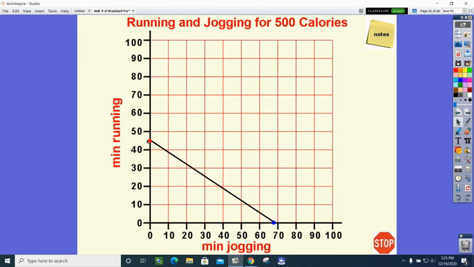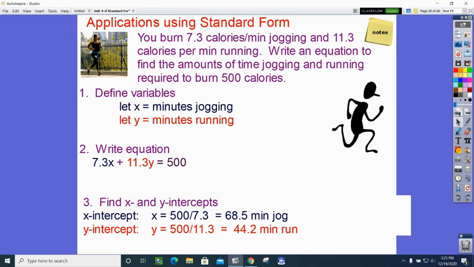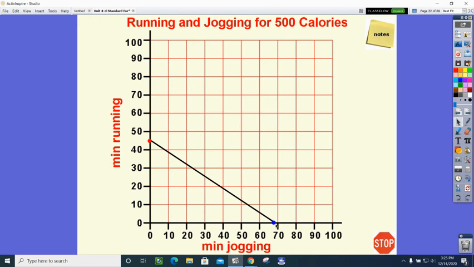Remember where our x and our y intercepts were? Let me just go back and remind you of those. So remember that the y is about 44 and the x is about 68. And so I just go to those axes and I put the dots and I connect them. And that is my graph of running versus jogging. So what does this mean? Oh, by the way, no arrows, guys, because you're not going to go into negative minutes running or negative minutes jogging. So if you were to pick any point on this line,